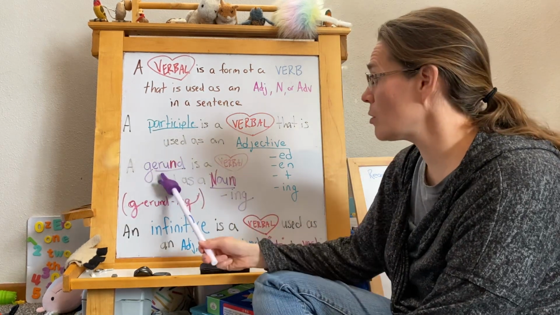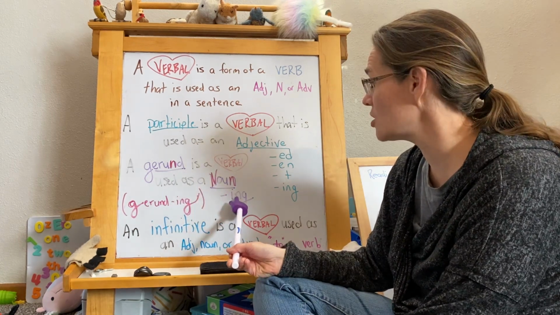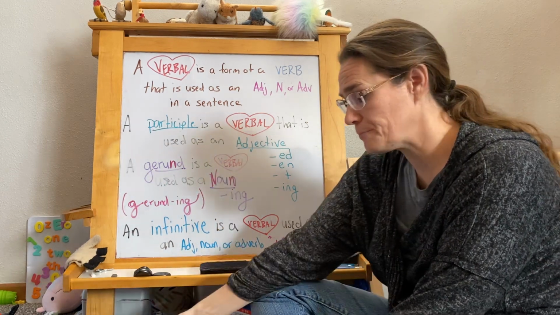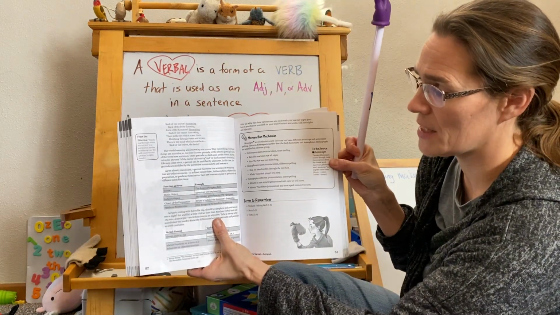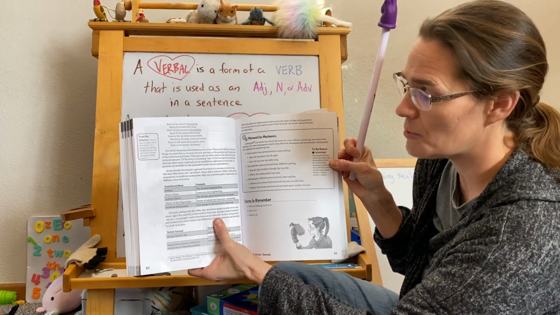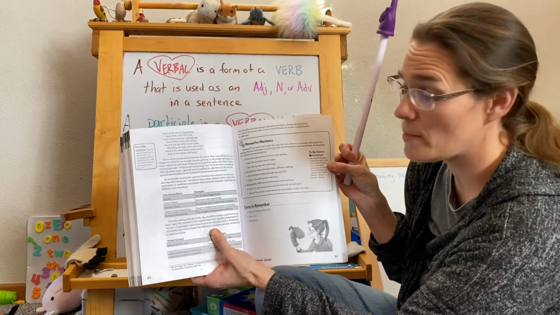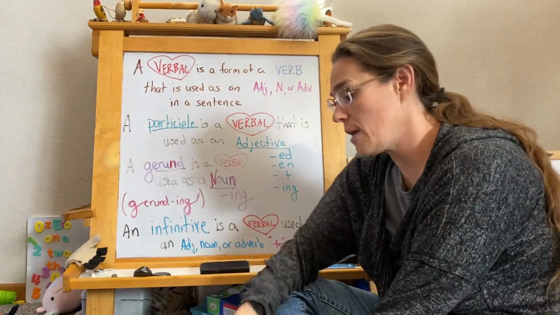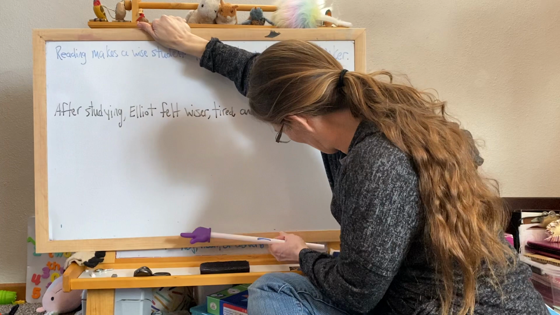Okay, so this week, remember, we're looking at gerunds. So we're looking for gerunds doing the job as a noun, ending in ing, and the heart of our noun would be a verb. So we would draw a heart over it. Remember, in class on page 82, we looked at all the different examples. Function as a noun. The gerund can be a subject, a direct object, indirect object, object of the preposition, or predicate nominative. If you don't remember that, look back at page 82 to look at all those examples. All right, so today we are looking at page 88, and our first sentence is